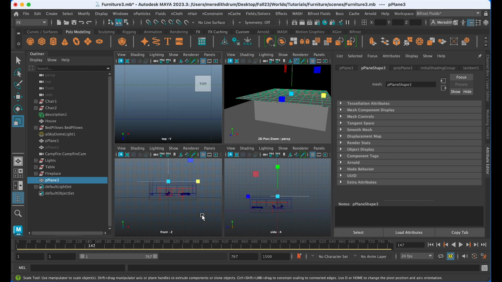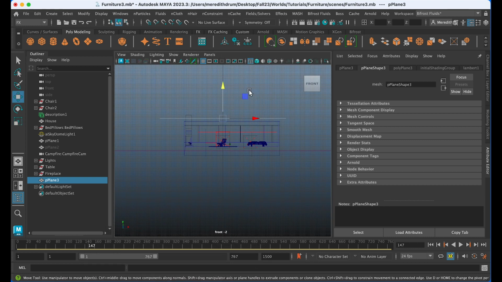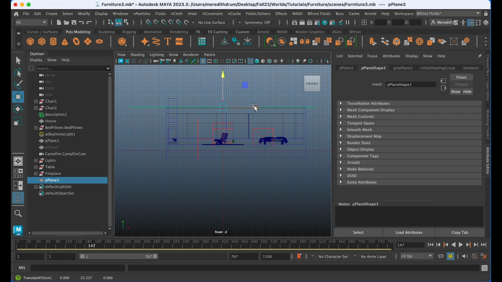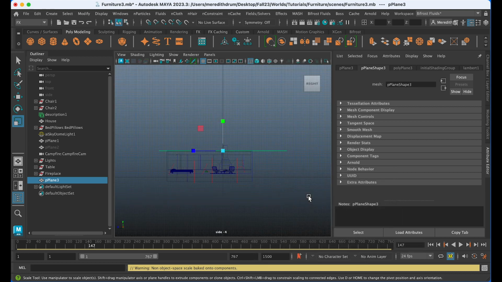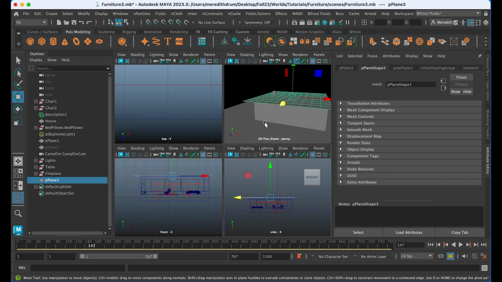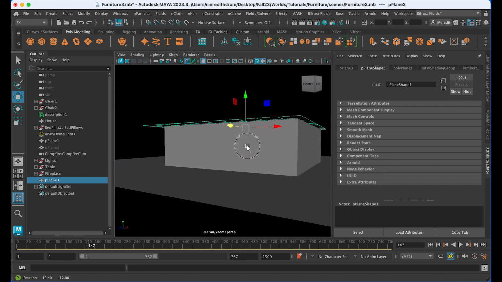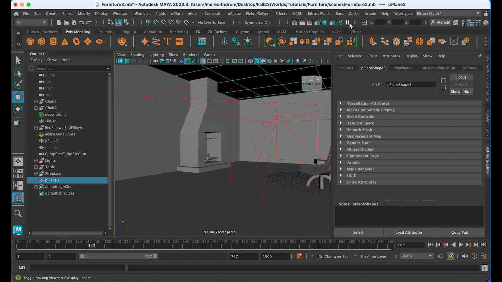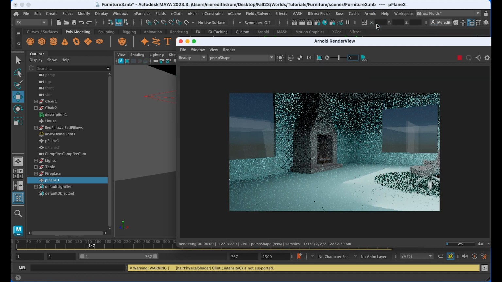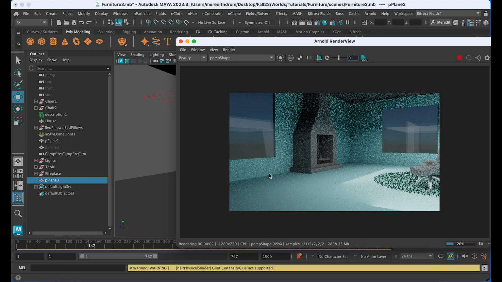You can look at it from the side and make sure it fits down over the house like a lid. You can make it a different size if it's too long in one direction. You could even just make sure it's going to block out the light. We can render it from inside, and we see that it's doing a pretty good job of blocking out the light. You can see we have double planes and we're getting some reflection in there.